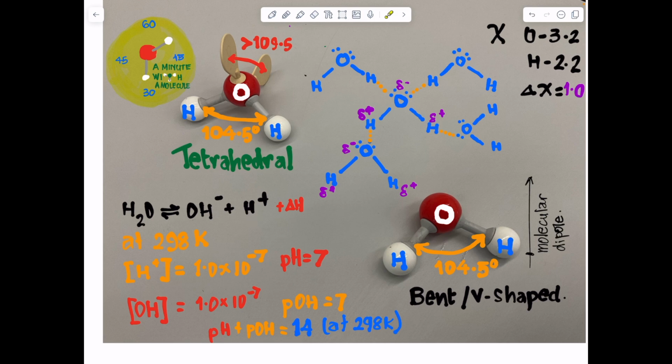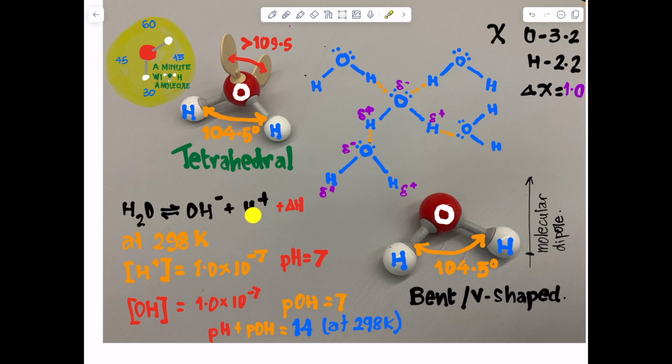So therefore, if water's temperature is increased, what's going to happen is that the concentration of its H plus would go up, and you would have a pH that is lower than 7. That might sound counterintuitive, and I want you to think about it carefully, because if the H plus concentration rises, this -7 would not become -8. It will become -6 possibly, in which case the pH would become 6,